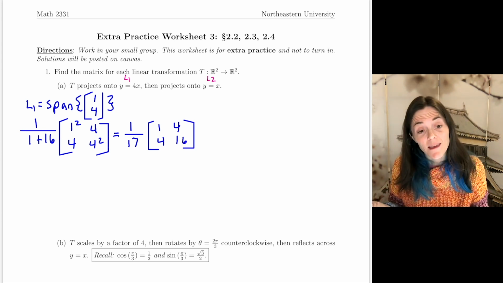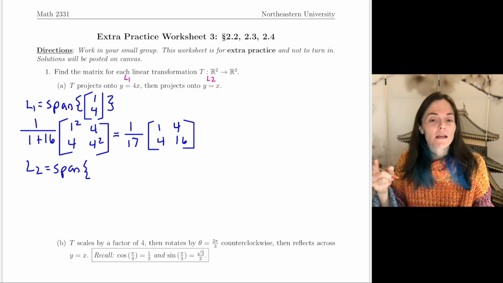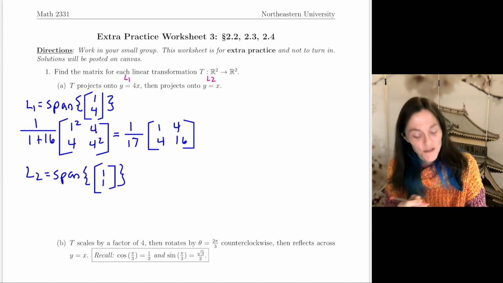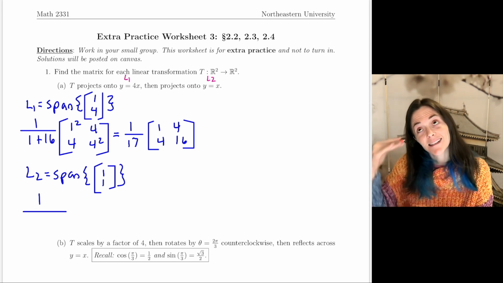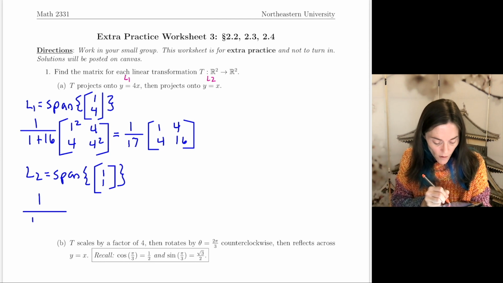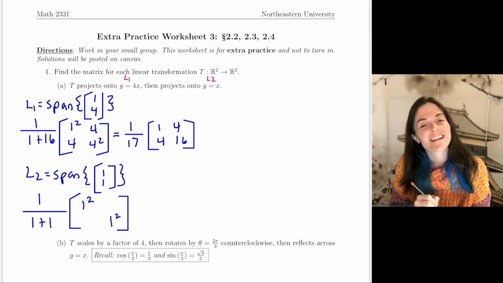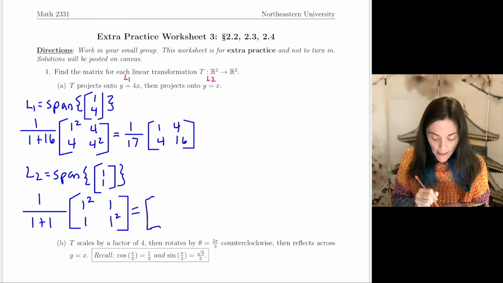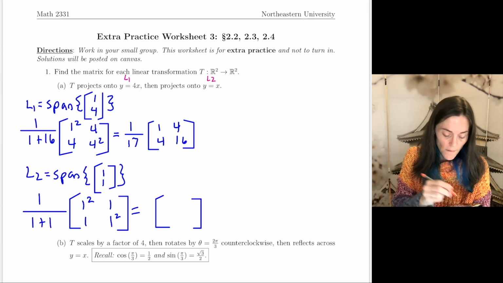Okay, now let's do the same thing for a projection onto line L2. We could write this as the span of (1, 1), x equals 1, y equals 1. So this matrix has a similar formula to what we saw before. It's just a different vector, W1, W2. So we have 1 over W1 squared plus W2 squared. And then we have W1 squared, W2 squared, W1 times W2, and W1 times W2. And again, I don't have to, but maybe once again, I will leave the 1 over 2 on the outside.